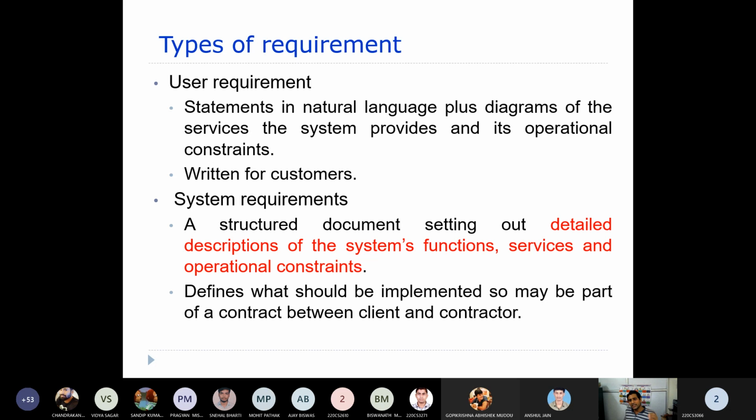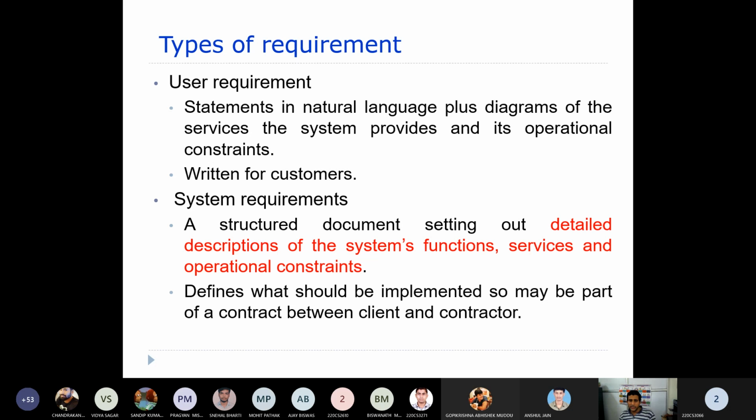So you should write these requirements in such a way that they clearly and easily comprehend the document. It is specially meant for the customers. This is what the requirements you gathered from the customer, and you write them in very simple language. Maybe you use some diagrams through which they can easily understand.